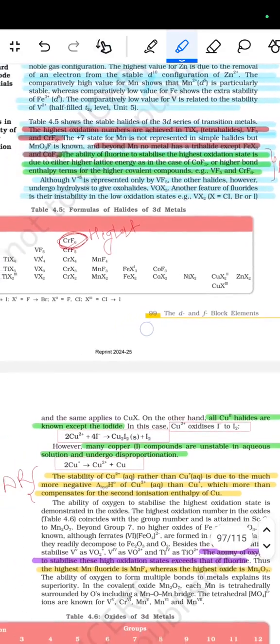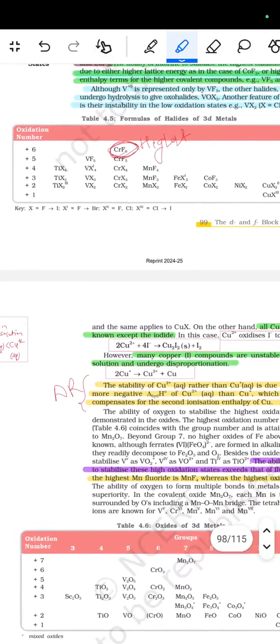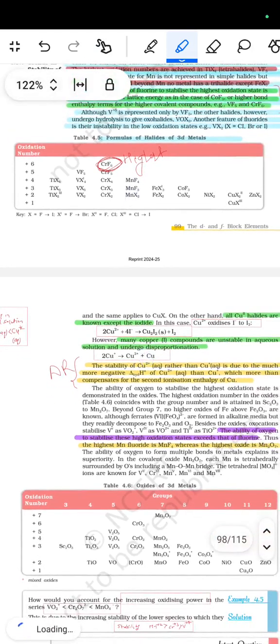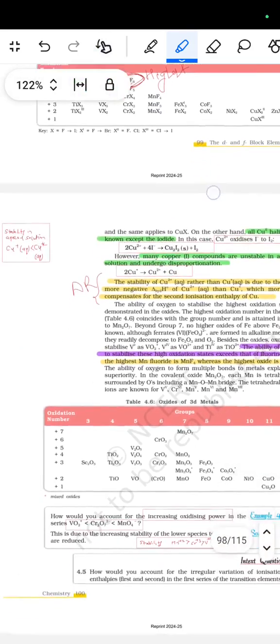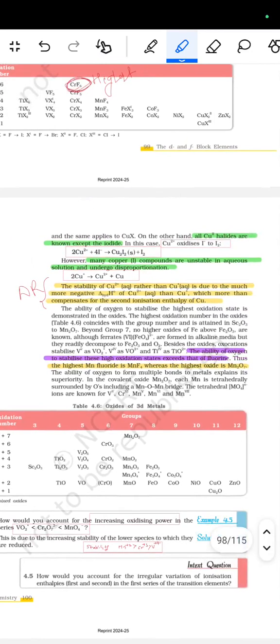और इसको फर्फन रीजन में जो पूछ सकता है. तो CrF6 का है जो हाईएस्ट है, और इसमें आता है फार्मूलाज ऑफ द हाइलाइट्स इन द 3d मेटल्स में. तो CrF6 है जो हाईएस्ट है. तो इस प्रकार से है जो टेबल बना के है जो यहाँ पर इसको दिए हुए है, इसको देख सकते हैं टेबल को. स्टेबिलिटी इन द एक्वस सॉल्यूशन की बात करें तो Cu+ का कम होता है Cu2+ से एक्वस में. अब इसके आगे फिर है कि